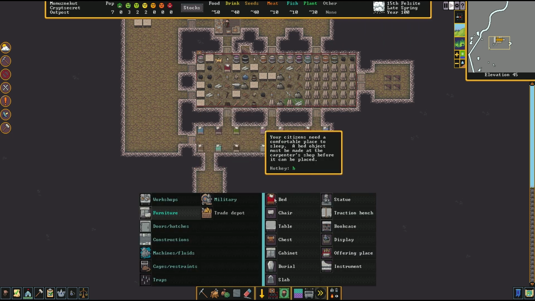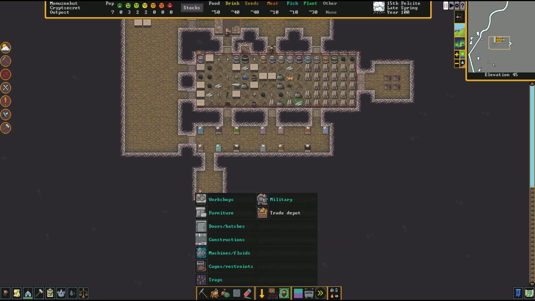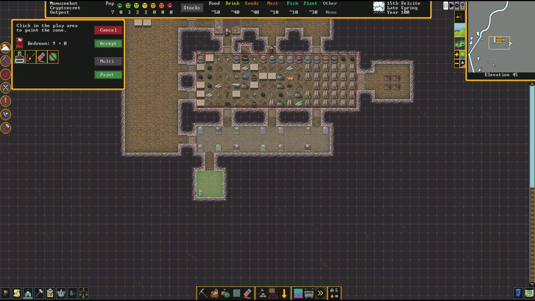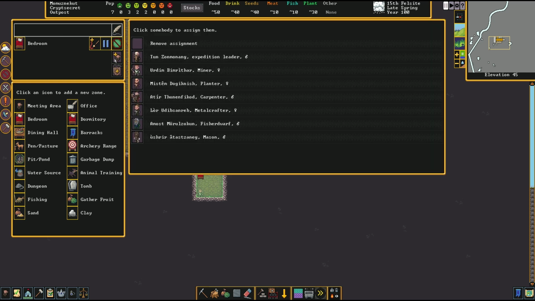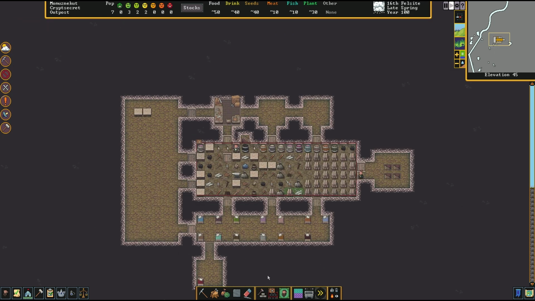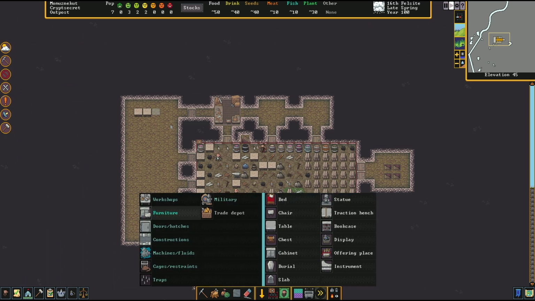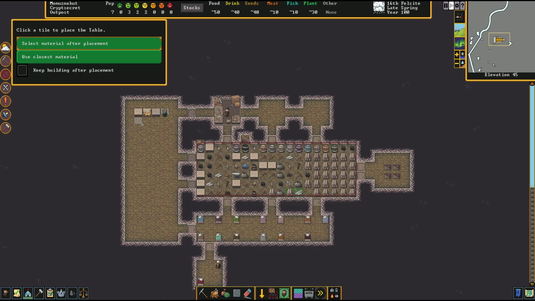Alright, we're going to build our bed in here. Cool. And then, zones. Zones. A bedroom. And this is a bedroom for, can we assign it? Okay, yeah, the expedition leader. Alright, seems simple enough. And we will build a door here. There, now he has a door. Alright, BFT, we're building our tables. Oh, I ended up in that screen by hitting something earlier, like F or something, without hitting build first. Okay, I think...